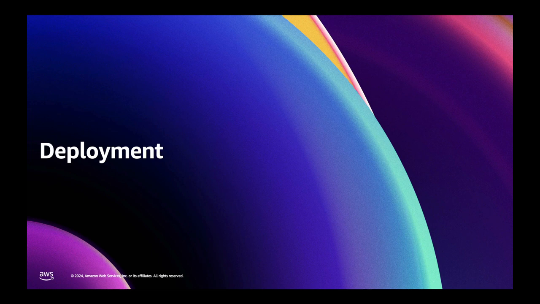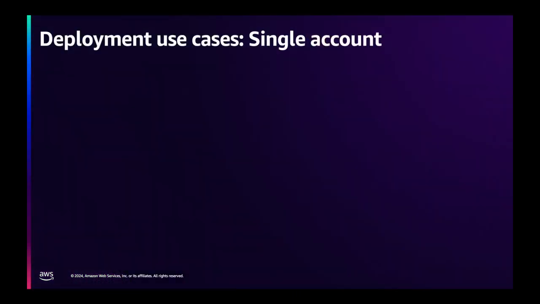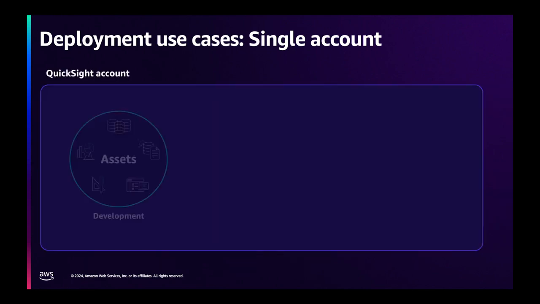But this is to give you an idea, when we talk about deployment, of what we are seeing in how customers use or set up QuickSight, right? Because how we do deployment will have an impact on it. So a lot of our customers just use a single AWS QuickSight account, right? And these are mostly smaller enterprises or even ISVs, right? So in their case, they will basically have one account